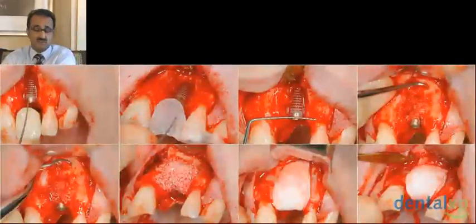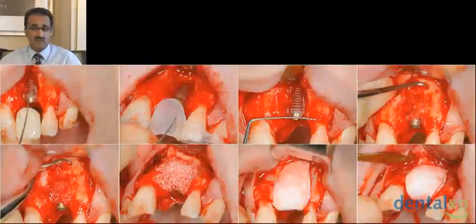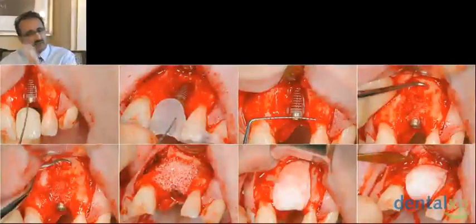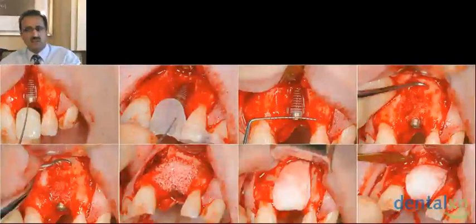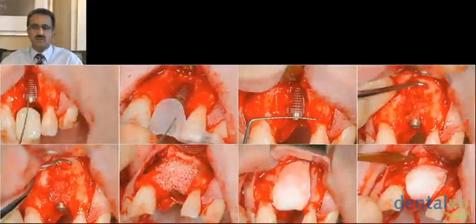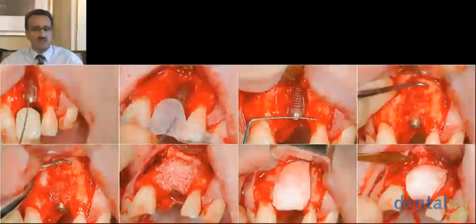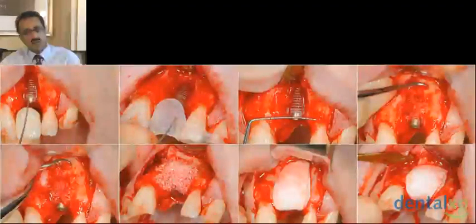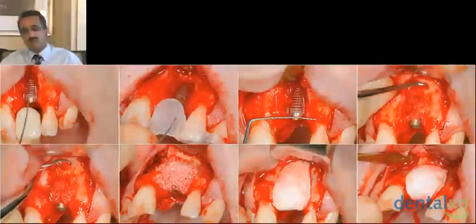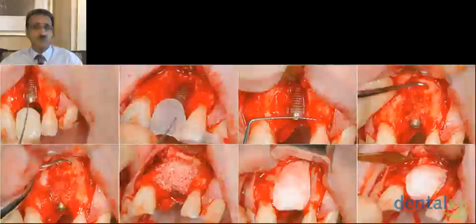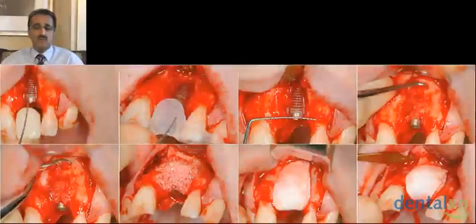Some of the literature recently suggests it's not necessary, but it makes me feel better just to bring perhaps some cells and blood and some building blocks of new bone directly in contact with the implant surface. We then cover this with our bone substitute material, our anorganic bovine bone mineral, and then we cover that with